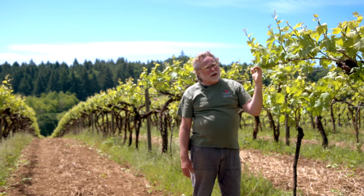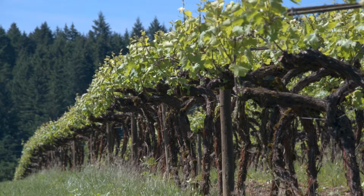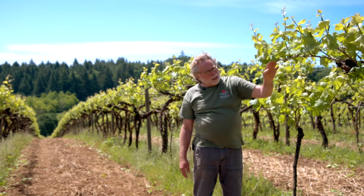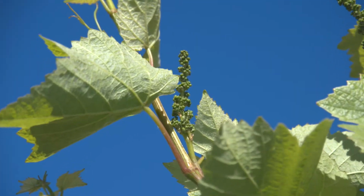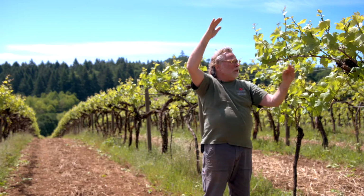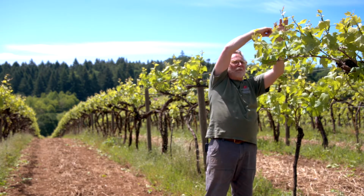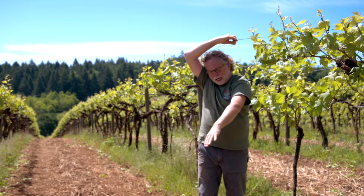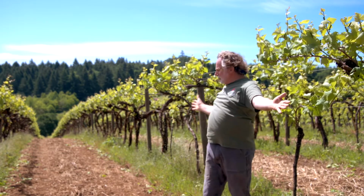So we use a very different system here called a Geneva double curtain, or GDC for short, where instead of this pruning cane being low, it's very high. These shoots are now growing up. When they get to be about 2 or 2.5 feet tall, there's actually an extra wire here. This wire will be brought over these shoots and push them to the outside, so they're draping down. So the shoot essentially is facing the sun,